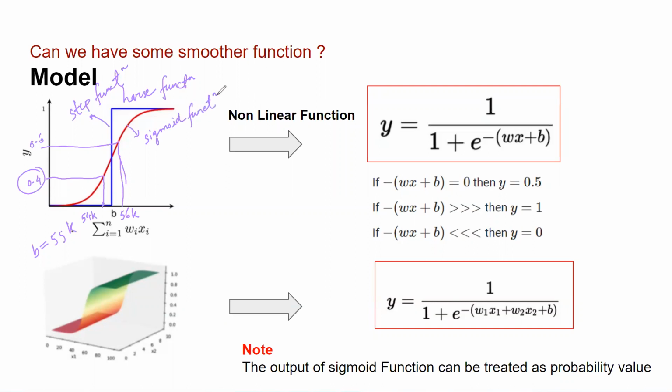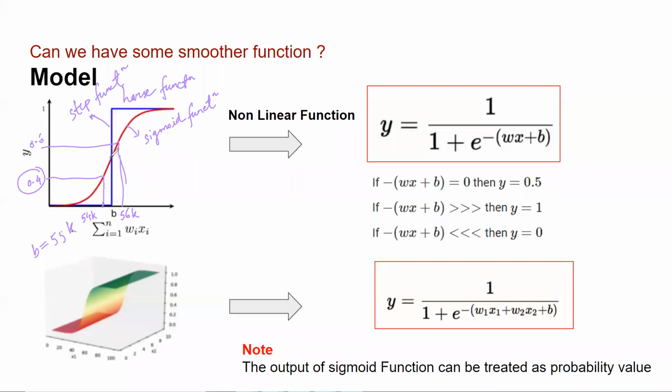Ideally, we would prefer to have an algorithm which is capable of generating this red line like function, this sigmoid function, because this sigmoid function can be used for both cases. It can be used for predicting a binary value. It can be used for predicting a continuous value. For example, the one which I'm showing here is giving some real value. It is giving 60%, 40%, like that. But the same thing can be approximated as binary also.